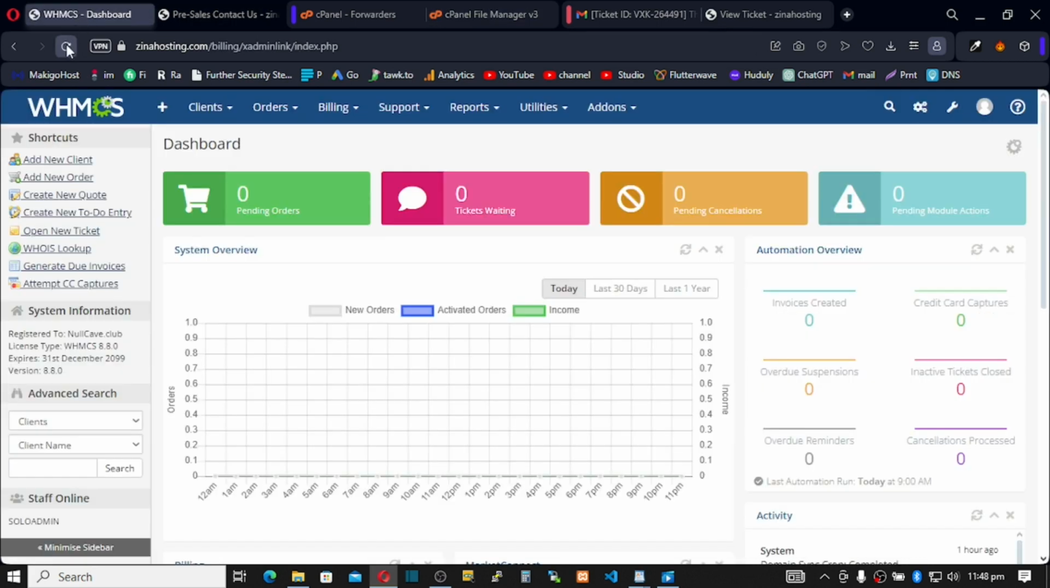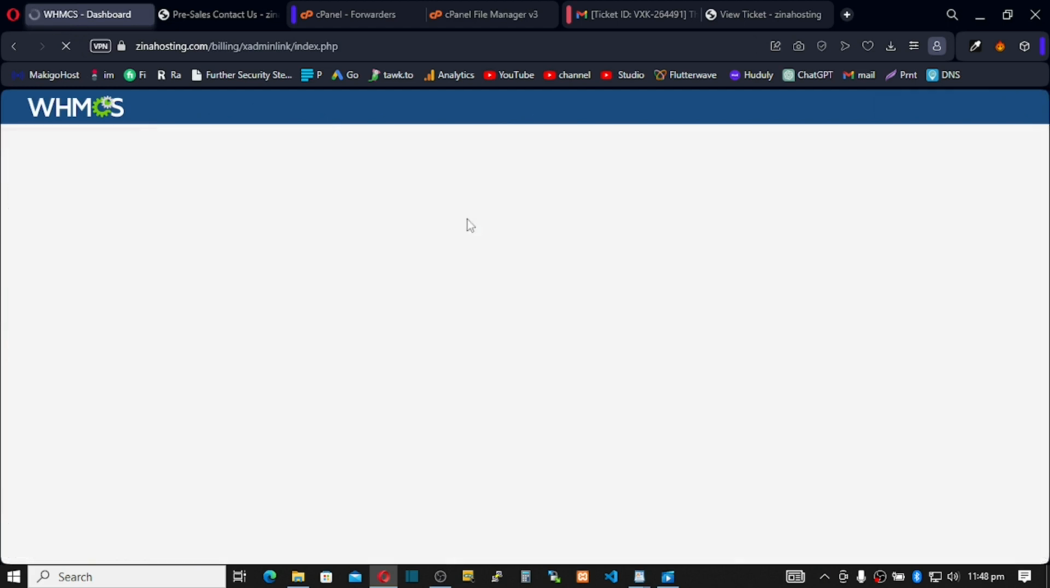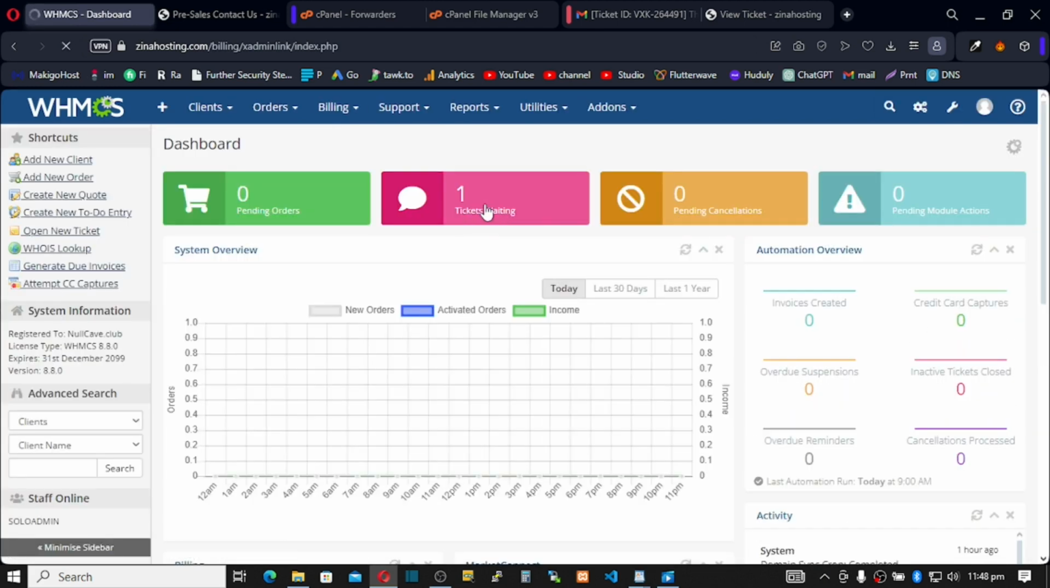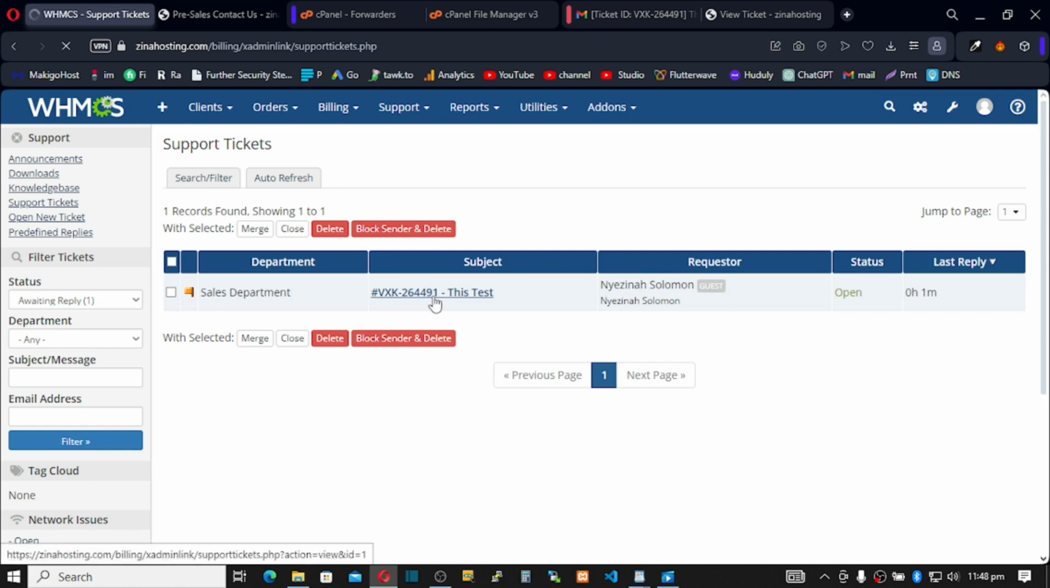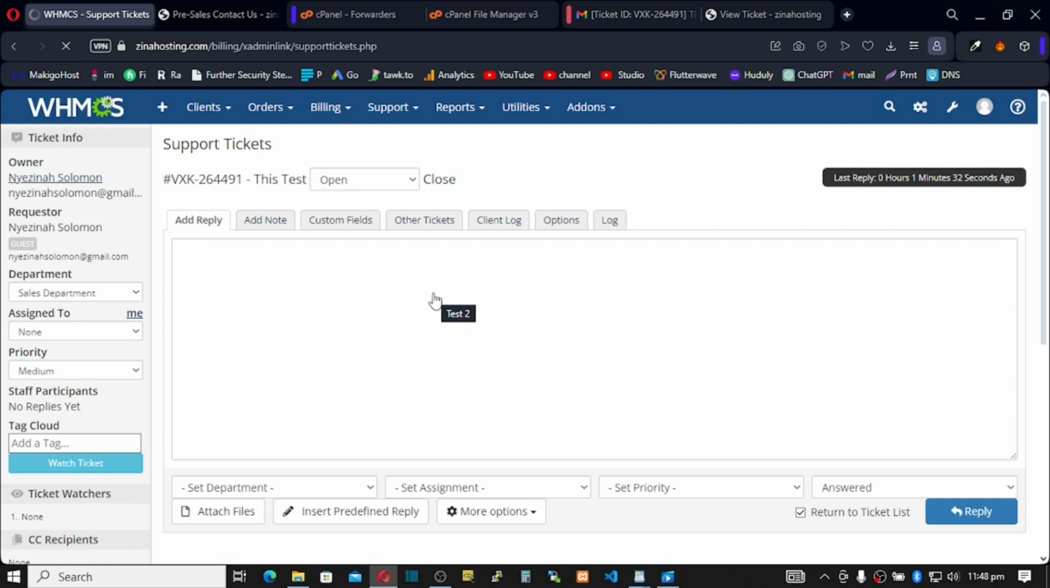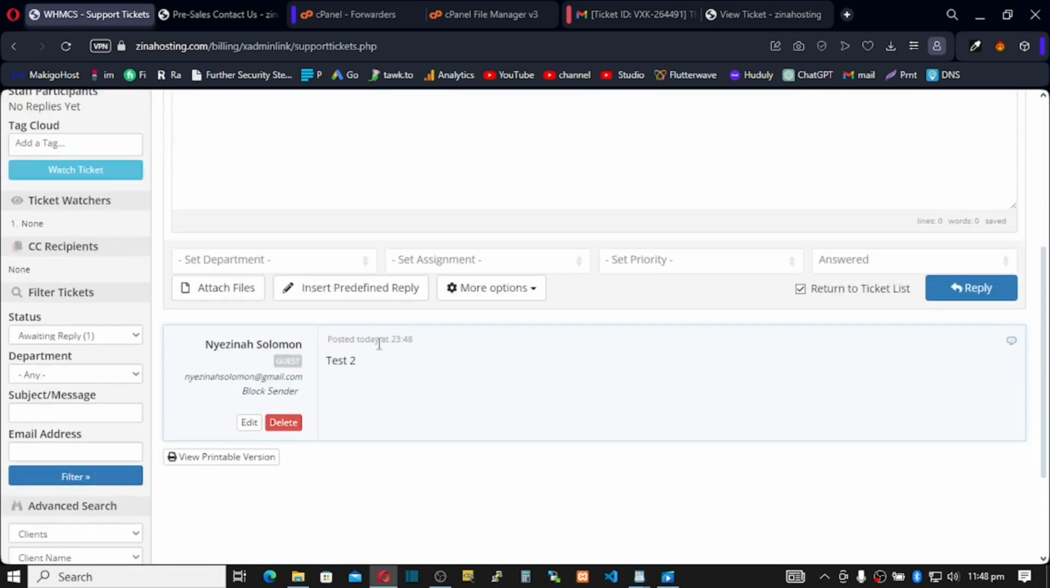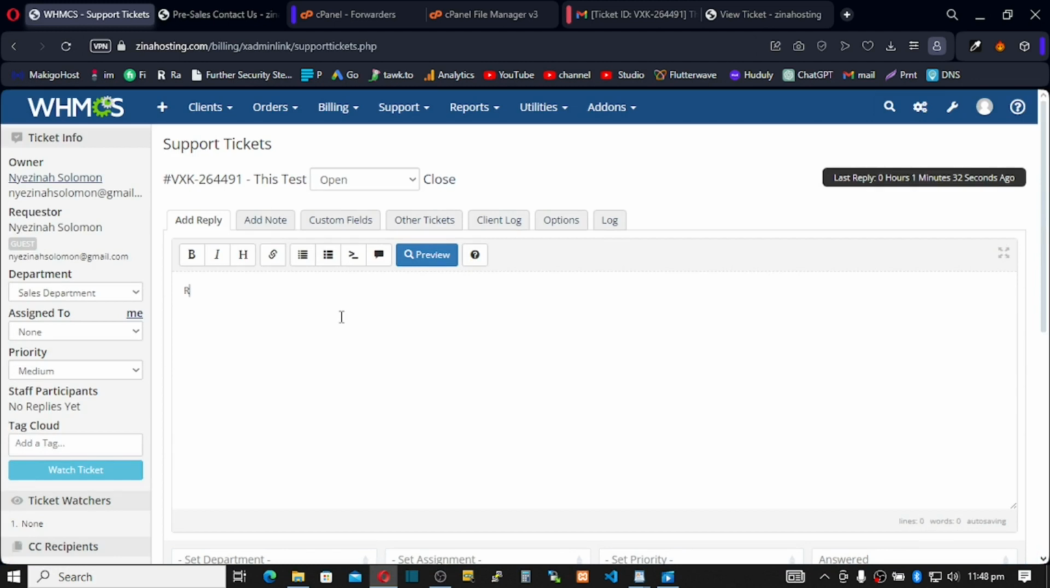Now if you go here and reload, we should see one ticket waiting just like this, and you, the website admin, is supposed to click on this and then respond to this client inquiries. Click on it, you can see the department, that's sales department. Just click on this link and you can read their message and then respond